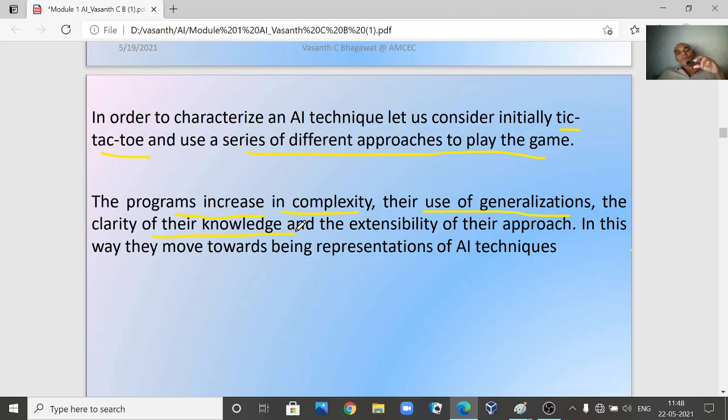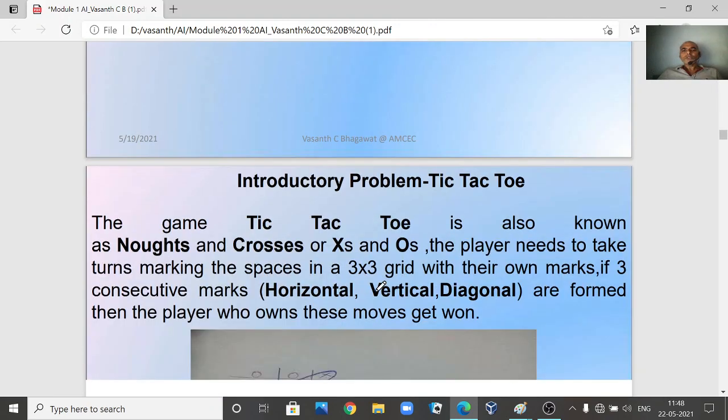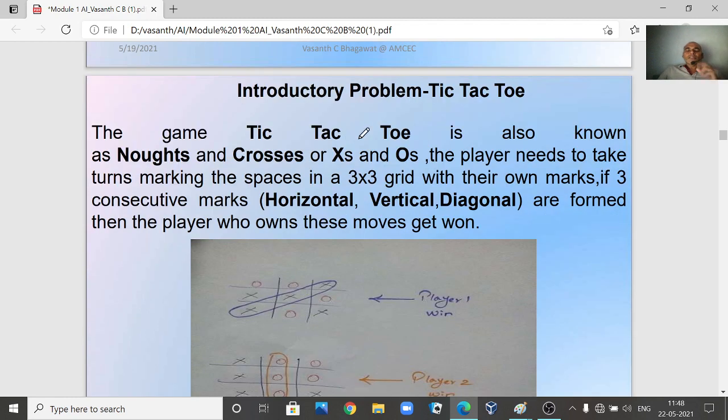The second method we discuss slightly increases in complexity as well as generalization, the knowledge we use, and expandability of the approach. In this way we are gradually moving from a simple method to solve the problem towards our representation of an AI technique.